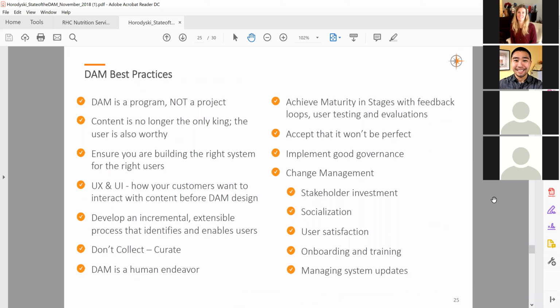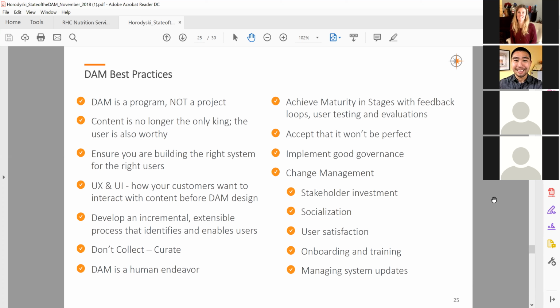The next one is DAM is a human endeavor. I'm a big, passionate believer that while DAM is amazing and the technology is great, you need people behind it. I'm one of the biggest advocates of a digital librarian and the opportunity for librarians to be involved in this. I published an article, I think it was 3 weeks ago now, on CMS Wire saying something to the effect of, if you want a DAM and you want to do it right, hire a librarian. They're the best thing you'll ever get. They know what to do. They know how to do it. They can manage this better than anyone else. And I'm very proud to be a librarian and archivist, and I love seeing many of my students go on to good DAM careers because they are the ones that know how to manage content better than anyone else.